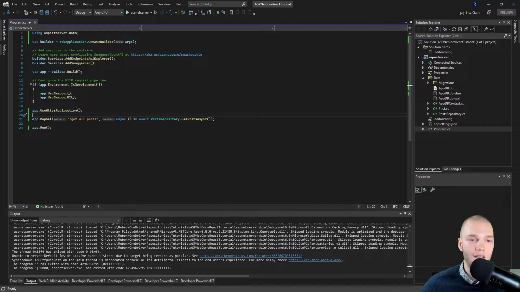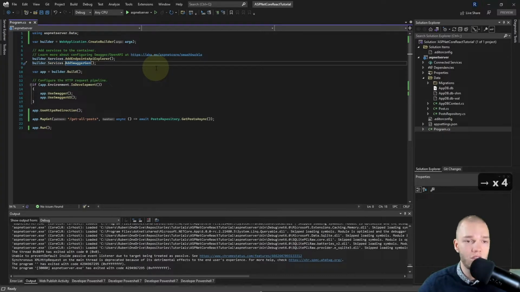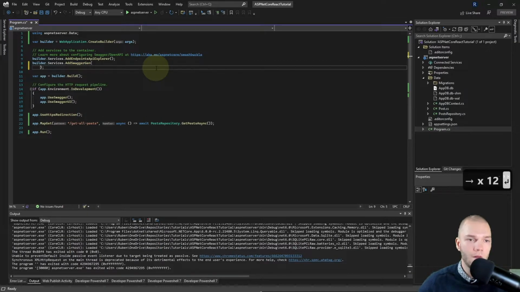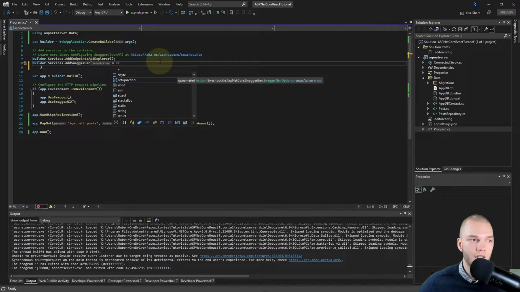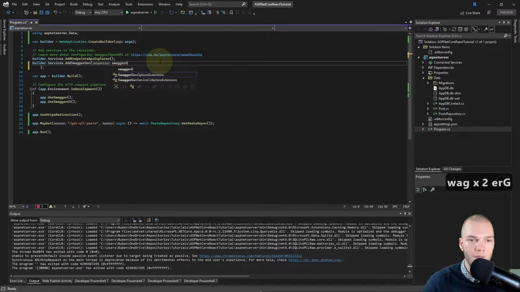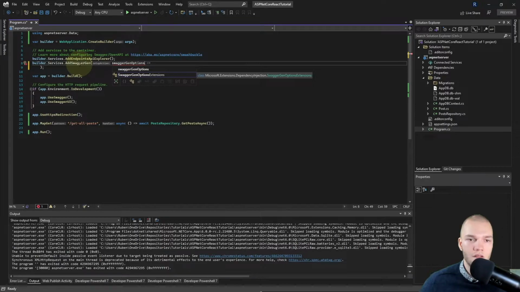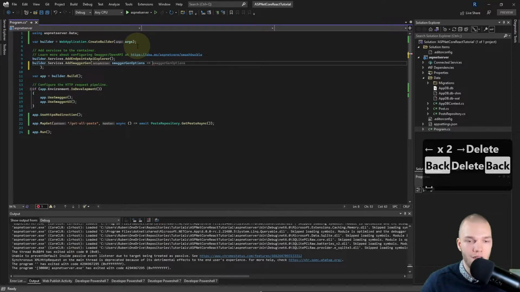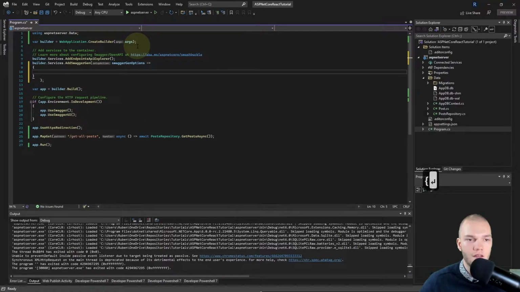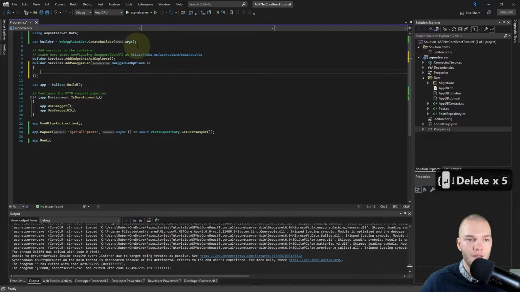So on line 8, I want to change the AddSwaggerGen and add a little info. So I'll just expand this, and we have a setupAction object here, and I'm gonna call that swaggerGenOptions, and use an arrow, and then add curly braces, and then go to the next line, add curly braces, fix the formatting here.